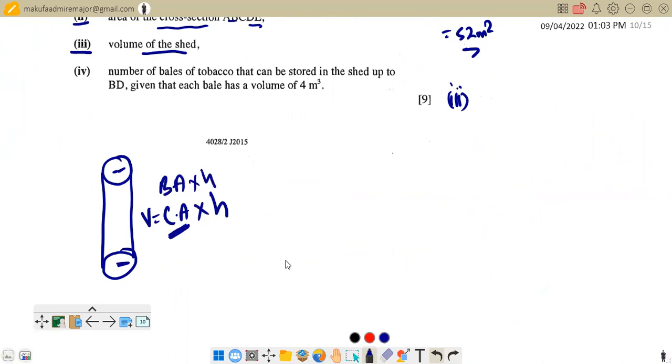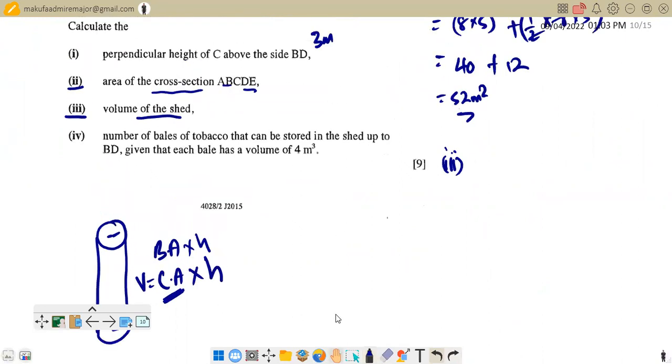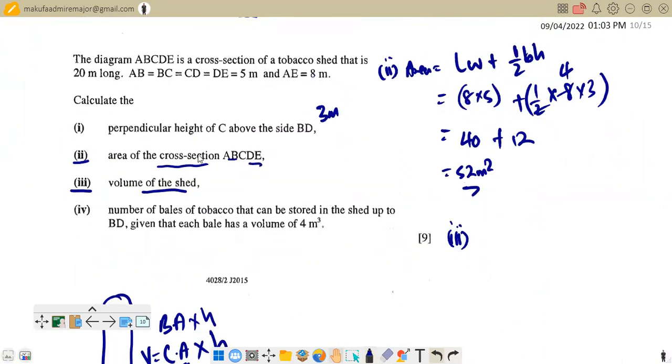So in this case, we found the area of the cross-section, which is this one. We calculated the area of the cross-section. We need the volume. So volume is just going to be equal to the cross-sectional area times the height, which is the cross-sectional area of what? 52 times the height. The height now is the distance we are given, that the shed, that one, the cross-section